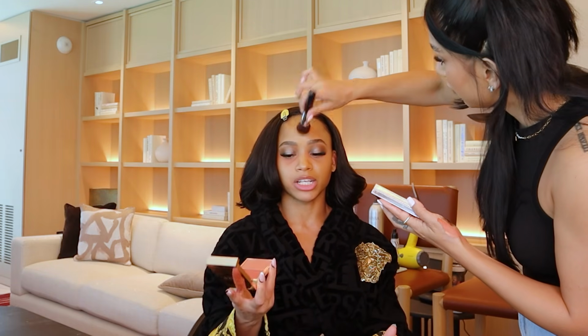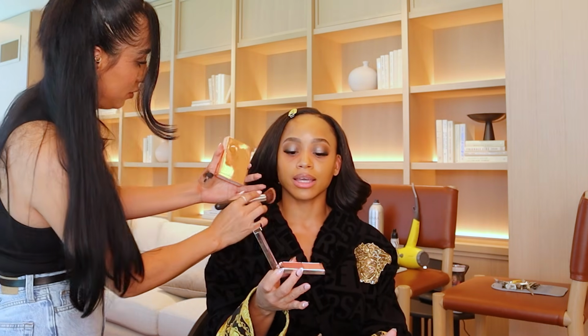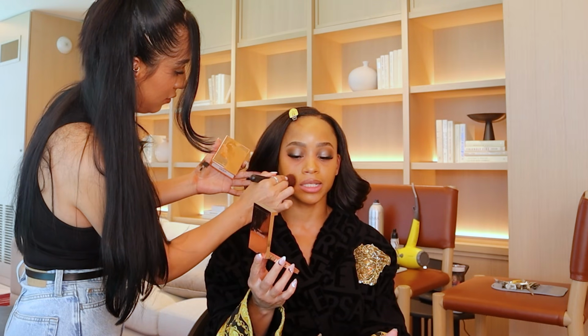My holy grail blush right now is Patrick Ta, and this is in She's Flushed. I think that this looks really good on tan skin because I don't like anything too pigmented, too bright. I just feel like it gives that natural flush that you need. It's cream and powder, so I go in with the cream first and then I do the powder on top, and the powder will instantly give it even an